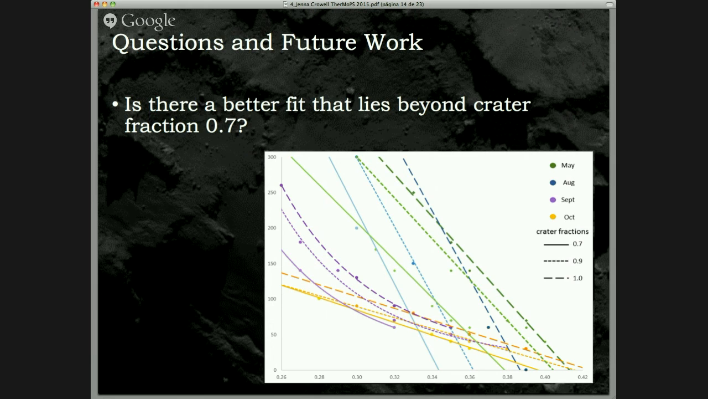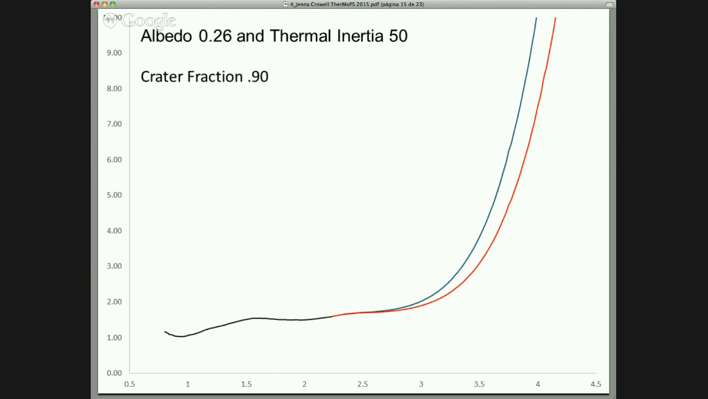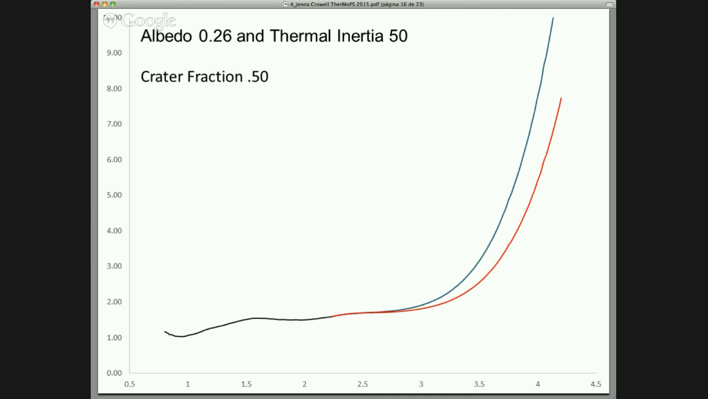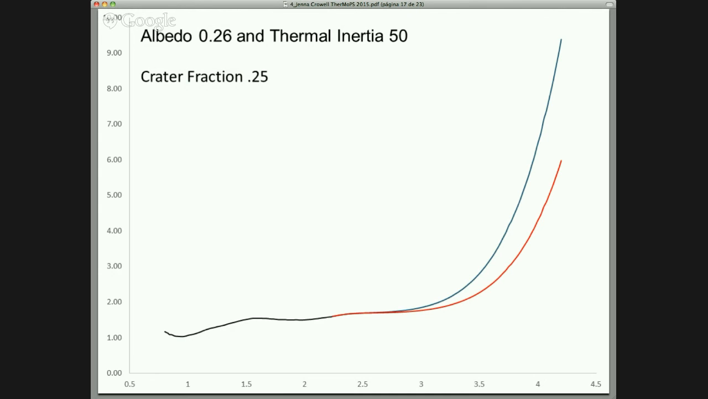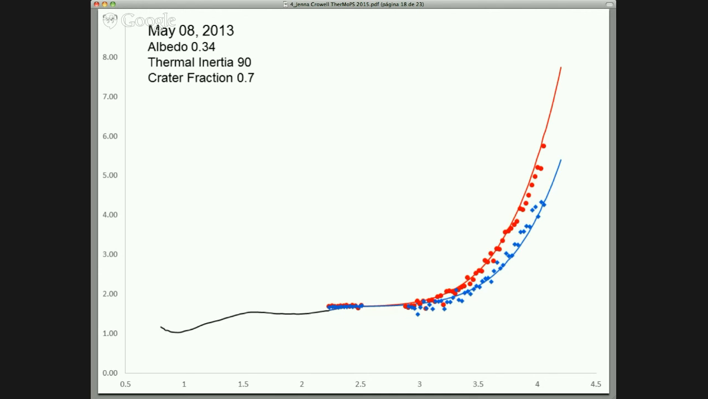The problem with that theory, however, is that once you start decreasing that crater fraction, so if we're keeping everything else constant, we're keeping thermal inertia and albedo constant, and we decrease that crater fraction, you notice the data gets wider. So this is representative of the May data. And so you want the spread to be of a certain width. And so if we go back to what was a good fit that we just looked at a moment ago for May with a thermal inertia of 90,